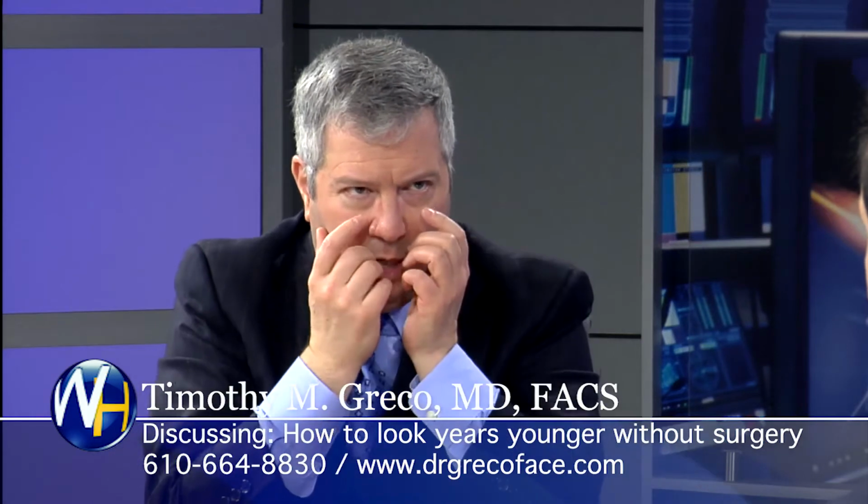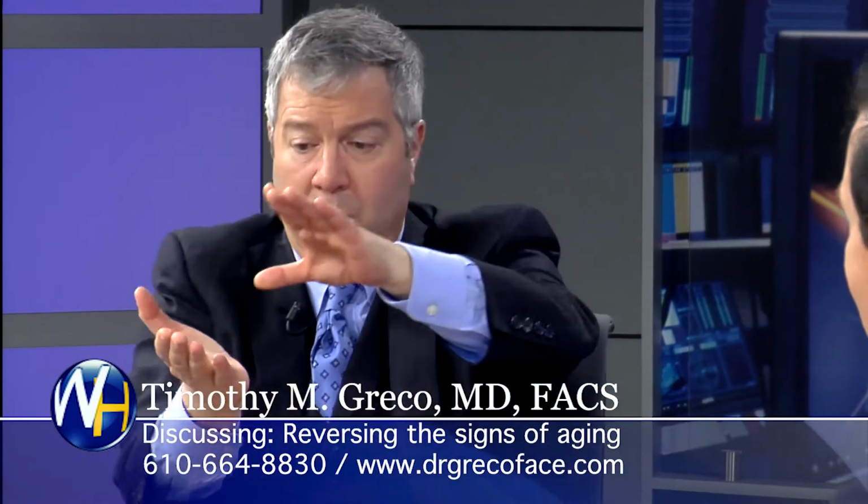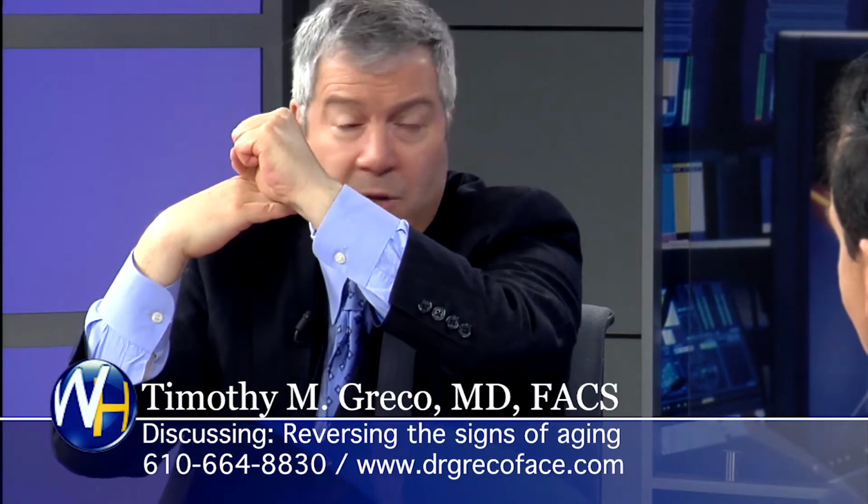Another thing that's really unique, Randy: you may not see it as much on that patient, but I've seen it on others I've done tear troughs on. As patients age, the laxity of their lower lid becomes greater, and the lower lid pulls down and they get what they call scleral show. Scleral show is the white showing below the pupil. So this is your eyeball, this is the pupil, and this is your lower eyelid. If your lower eyelid is right up against the eye, it looks more youthful. When it starts to pull away and you start to see that white between the margin...